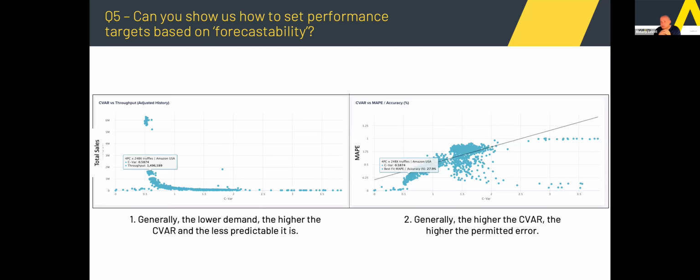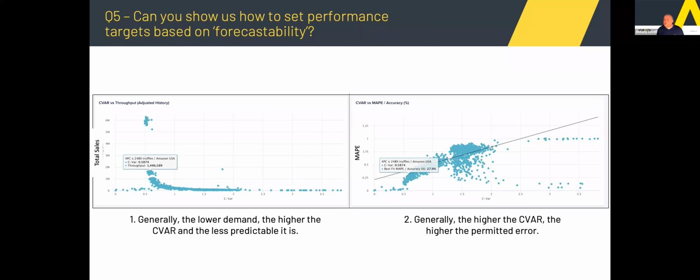And we've talked about this amongst ourselves, and we think that's because the downstream processes and systems need a number. MRP wants a number to explode. It doesn't want a range and therefore give us a range of materials to acquire. Although we think we should do more of this using simulation, with supply chain digital twins and stuff like that, the reality is lots of us will go back to our businesses after this session, and we have to have one MAPE. The board wants a forecast accuracy target and a forecast accuracy measure, and we want one forecast, and we don't want bounds of certainty around the forecast.